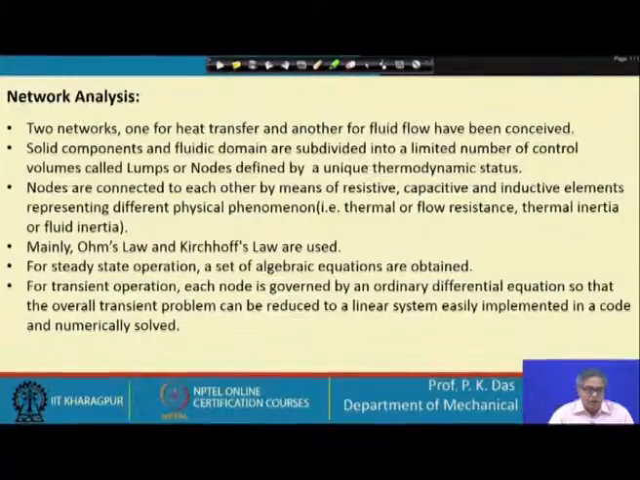Then the solid components and the fluidic domain are subdivided into a limited number of control volumes. Let me explain what is solid component and what is fluidic domain. The solid component is the wall of the heat pipe that takes part in heat transfer, because it is a metal and it should be conducting, otherwise the heat pipe will not work. Then